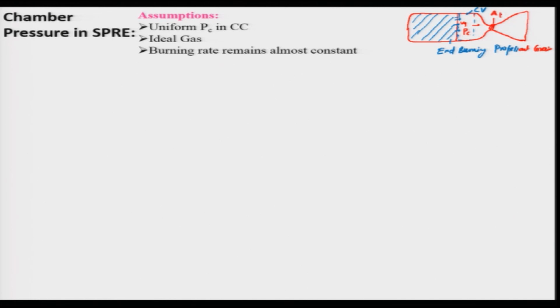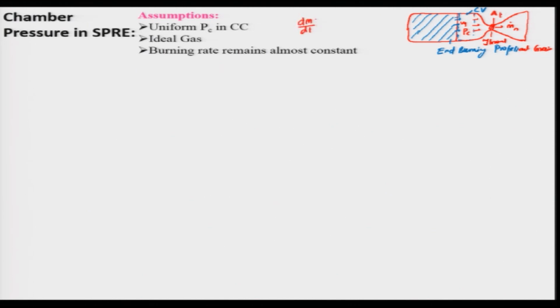So, therefore, the burning rate will remain almost constant, and we will have to basically do a mass balance. That means a certain amount of gas will be coming out and passing through this. Let us say this is the mass flow rate through the nozzle, because this is your throat area A n, and then the mass balance we can consider as d m by d t,